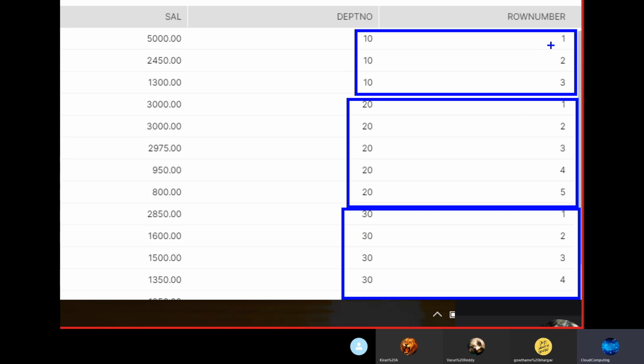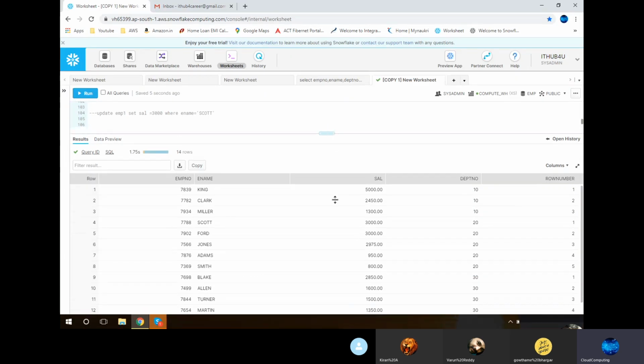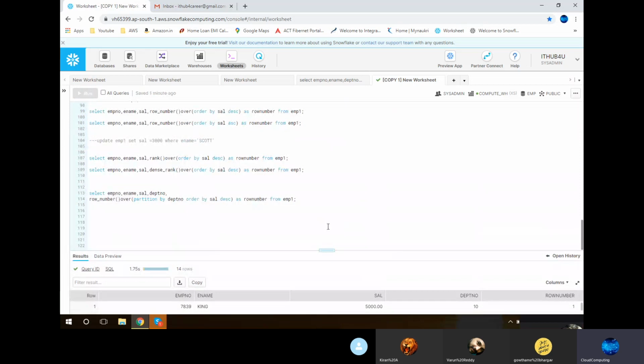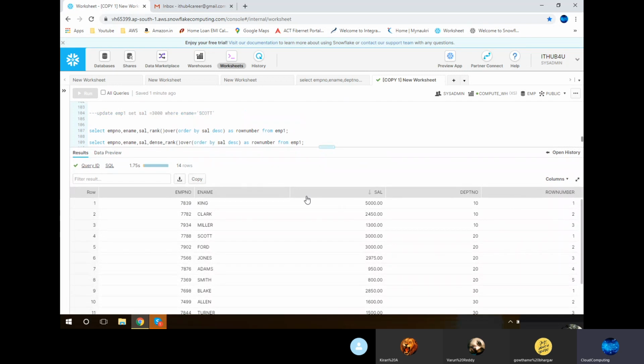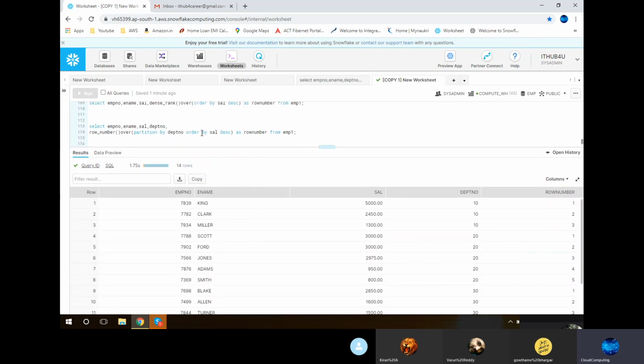Okay, so this is the row number. Once we have given this row number, on top of this we can write some code and pull the person who is inside. First of all, we have to check in the code whether you are giving ascending or descending order. If you are giving descending order, you will see the highest number as the first one. If you are giving ascending order, you will see the least value as the first number.